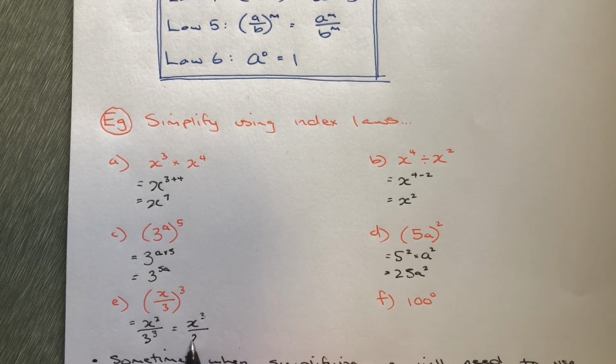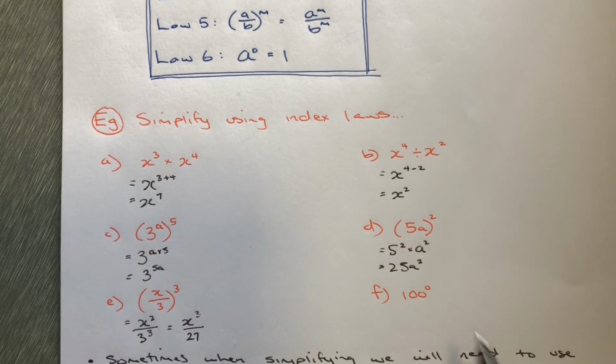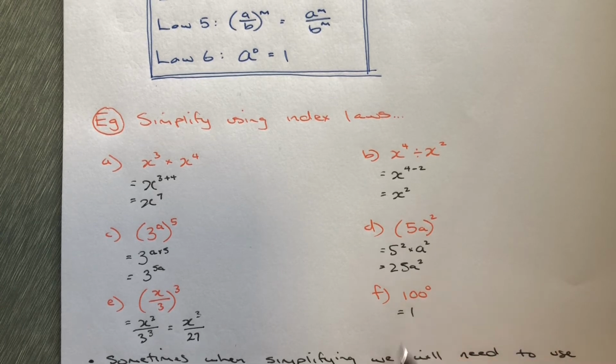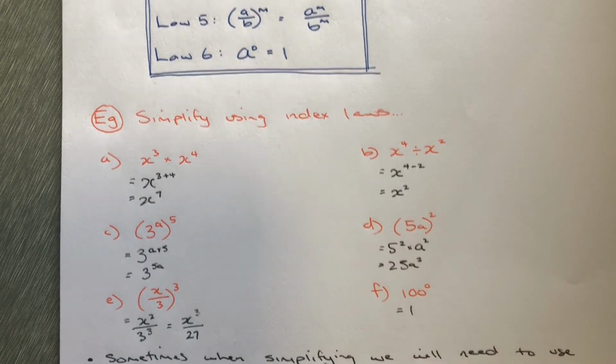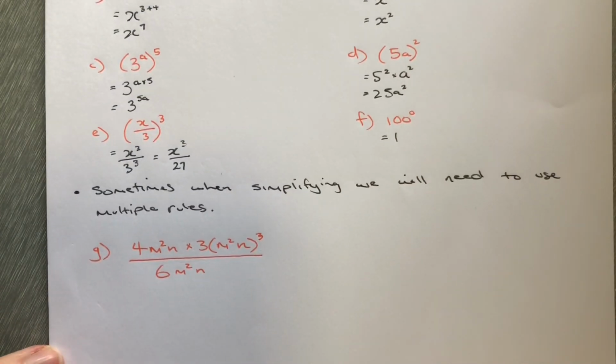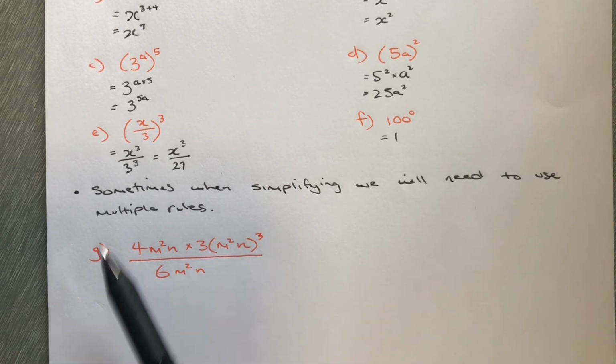Cool. And over here, anything to the power of 0 is 1. Finished. Alright, now with all those ones that we've done so far, we're only using one of those index laws. But as we can see here, it looks like there's heaps going on. So we're probably going to have to use a few different laws to sort this out, which we've got